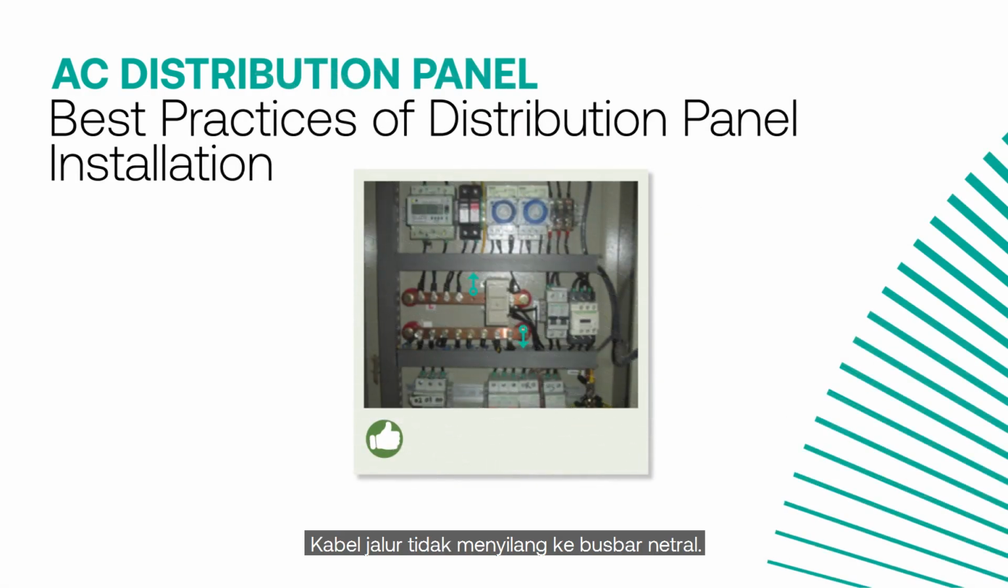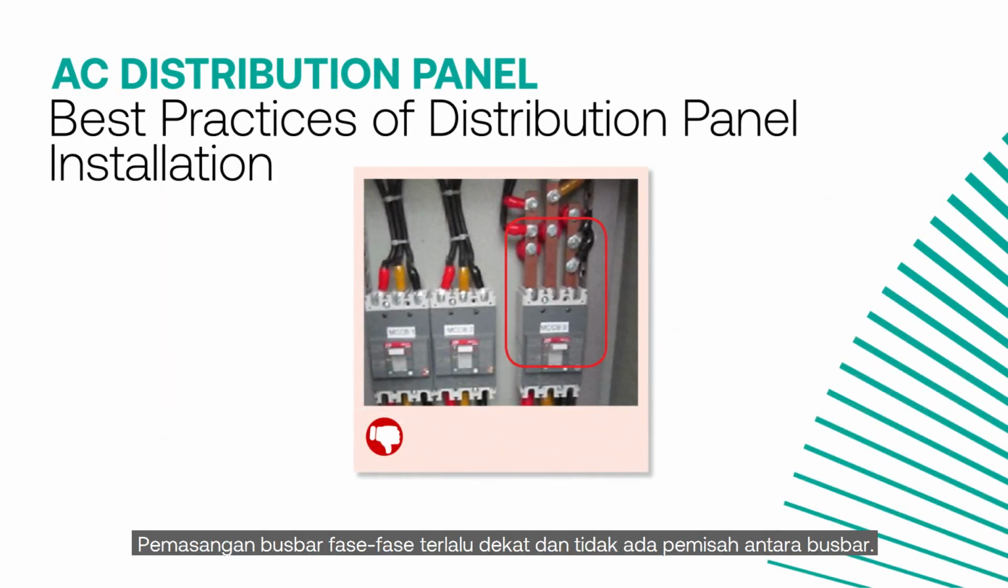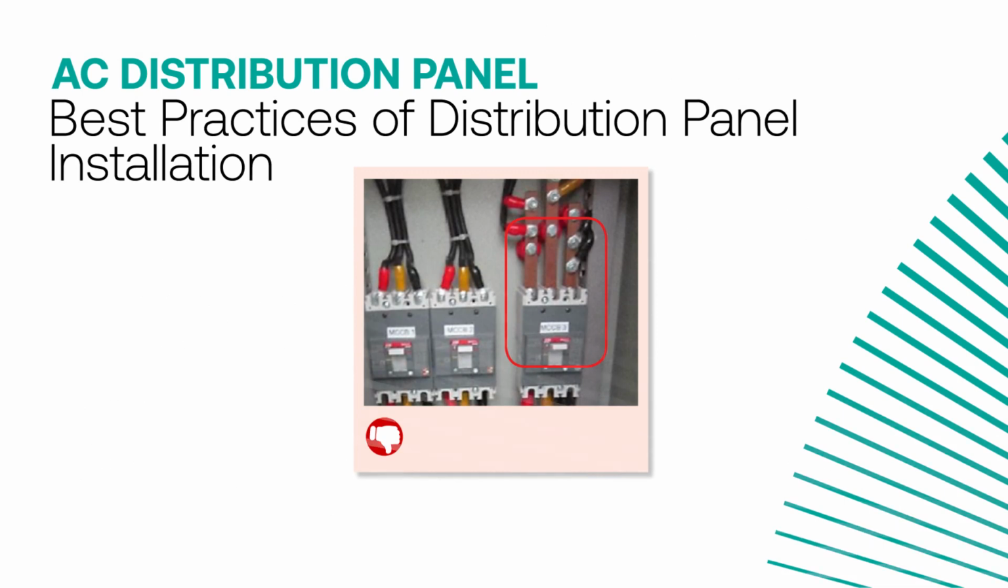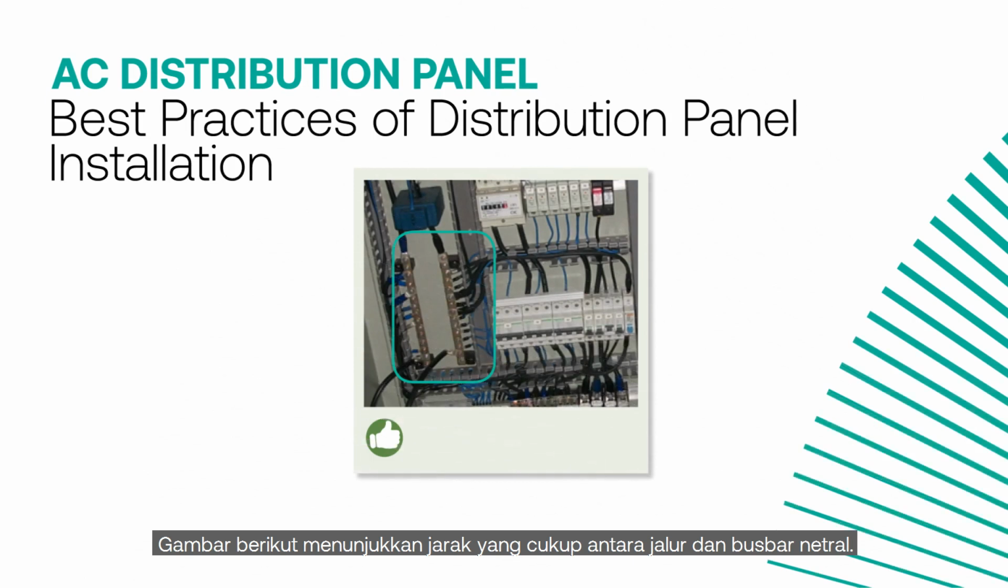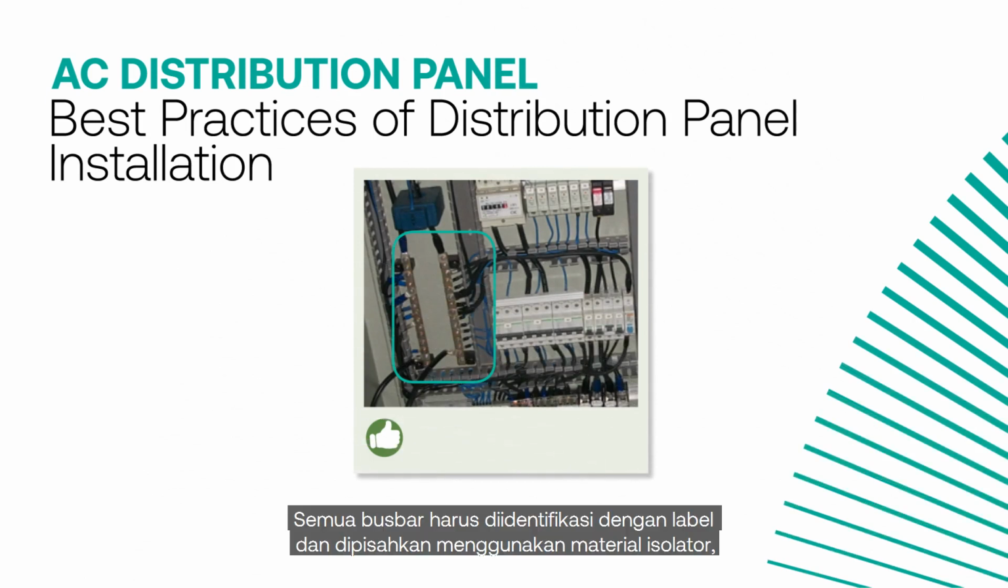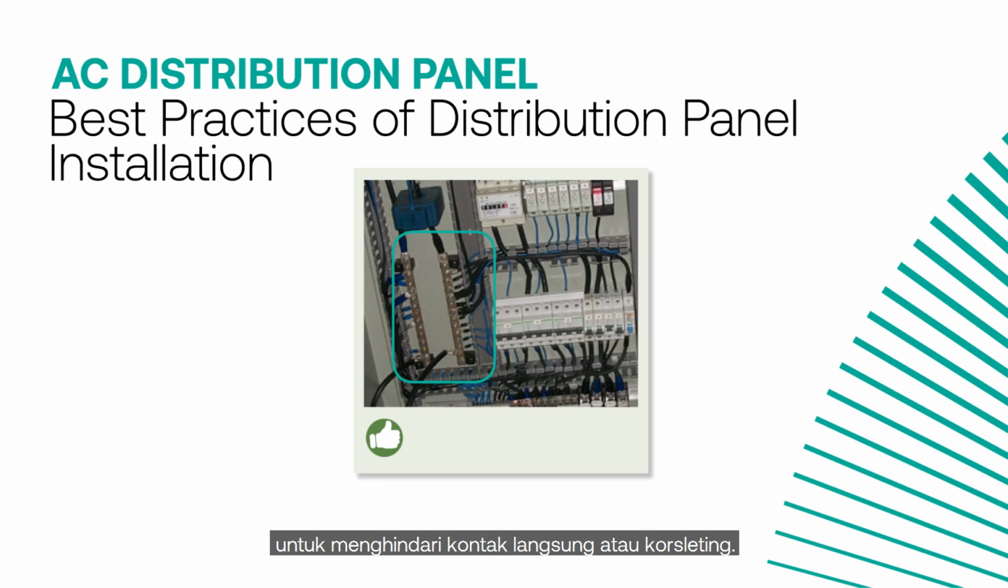Line cables do not cross the neutral bus bar. Avoid direct contact between cable and bus bar from different lines. Bus bar installation of the phases is too close and there is no separator between bus bars. The picture shows adequate distance between line and neutral bus bars. All the bus bars should be identified with labels and